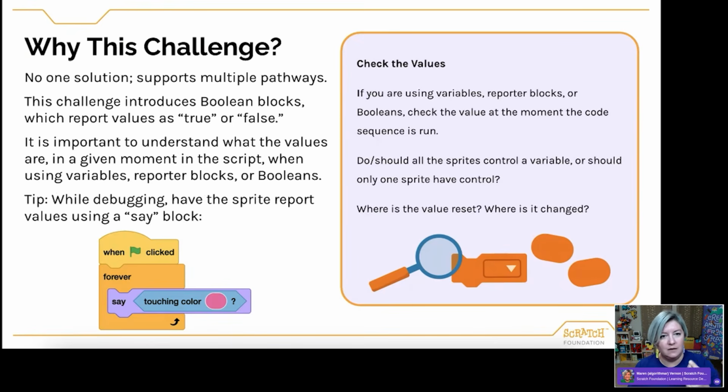So in this case, is it touching? It's constantly telling me true or false. And so if I try that out, what I can see is that it'll tell me true, true, true, or false, false, false, and then true when it hits the starfish, and then I know, oh, the starfish is reading as that same pink color, and that is what's causing the issue here. So make the program help you.